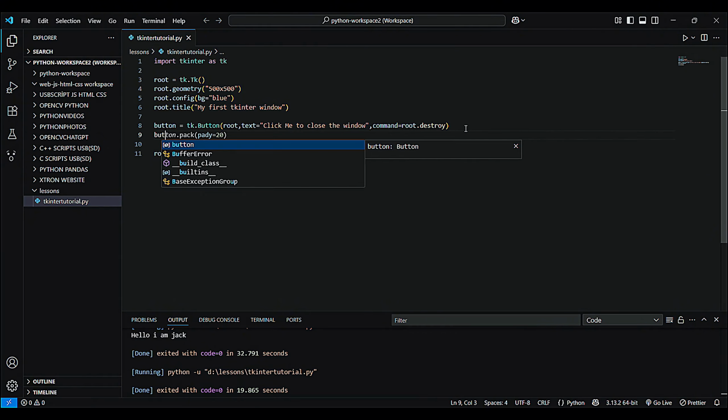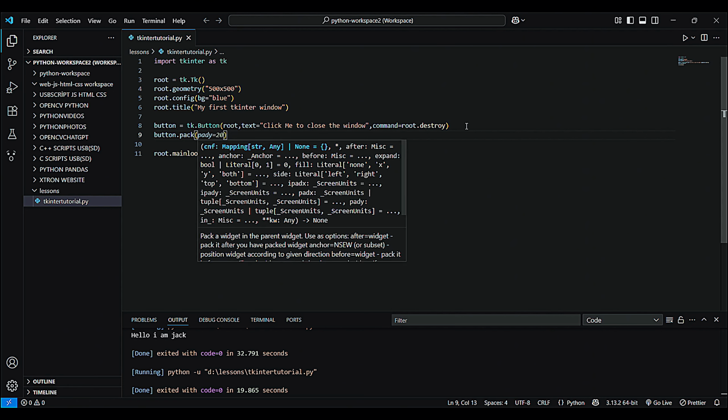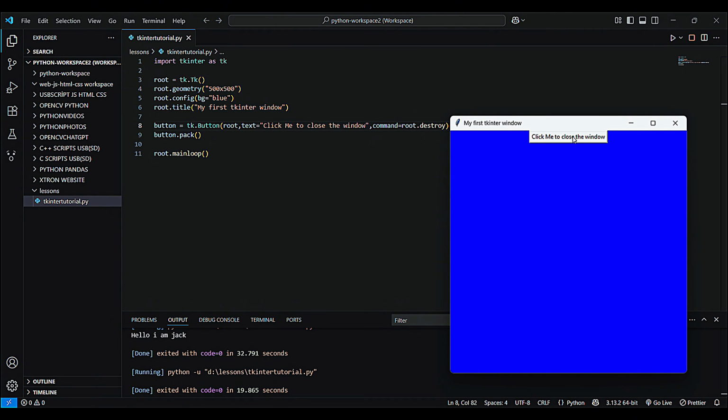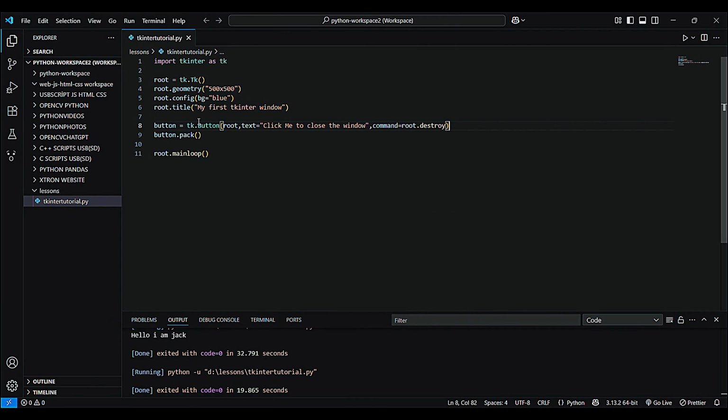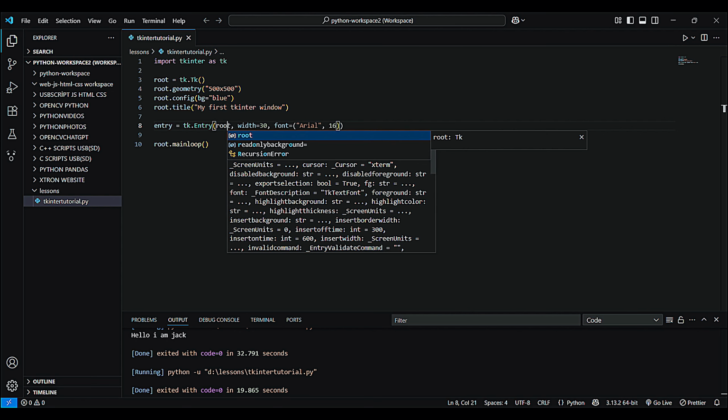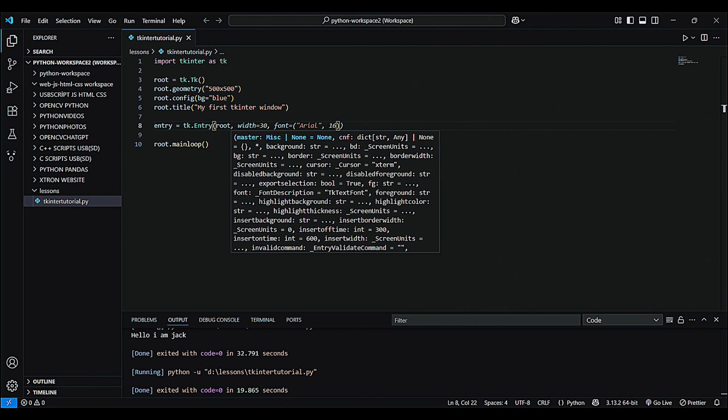So let's pack the button and see if it works. I'm clicking it. Nice. Okay. Now, if we've finished the button, I'm moving to input boxes now. So let's create a variable named entry and equals tk.Entry(root, no need for a comma,